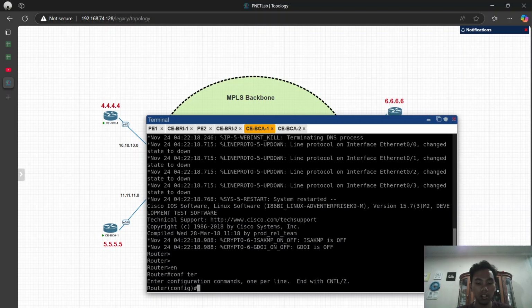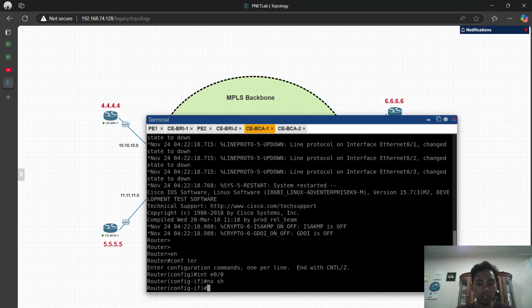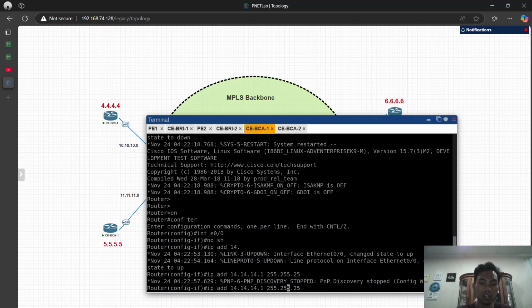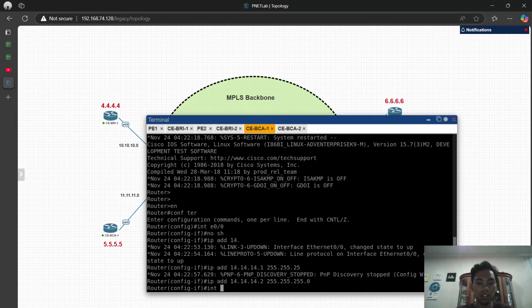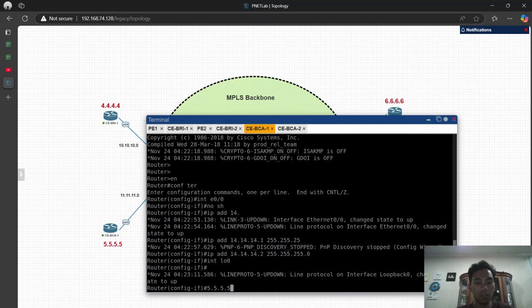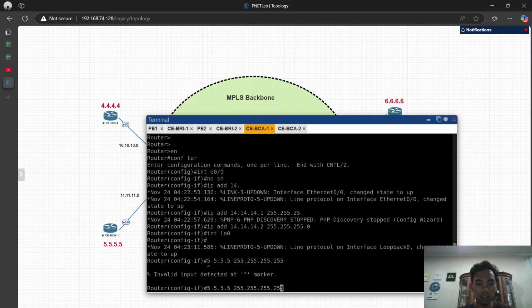Go to the configure terminal, set the interface ether 0, set the IP address 11.11.11.2, I'm sorry, 255.255.255.0, and also the interface loopback 0. The loopback is 5.5.5.5 with the 255.255.255.255 IP address.